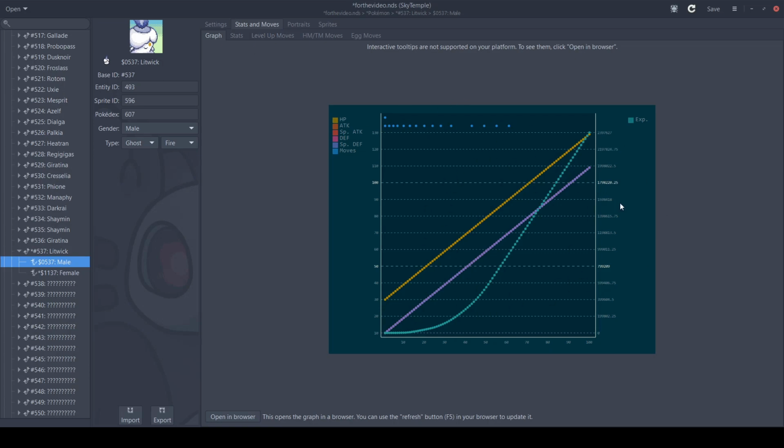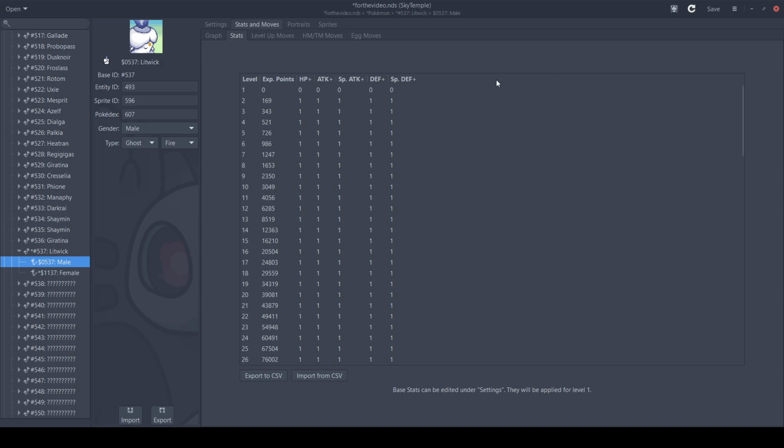First, you'll see there's a graph that showcases the growth pattern for each stat, which is really helpful and something that I like as well, because I think that this view's a little small personally. You have an option to open this in your browser and then zoom in and all that stuff. Let's see. What else? In the stats section, this is your